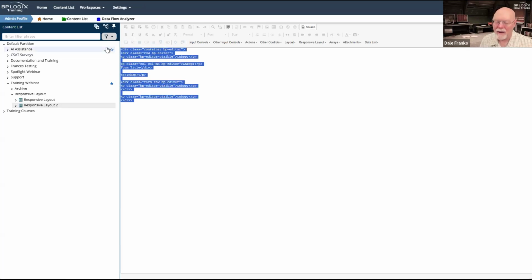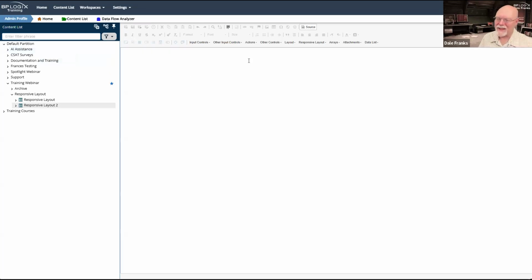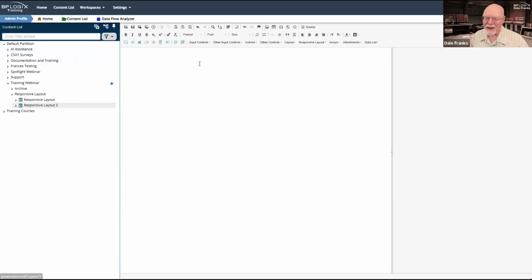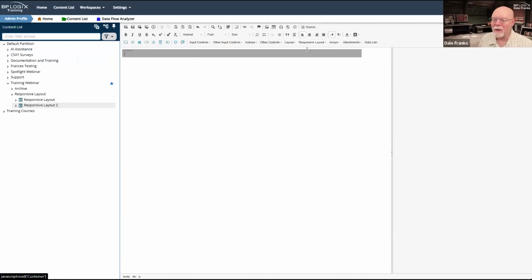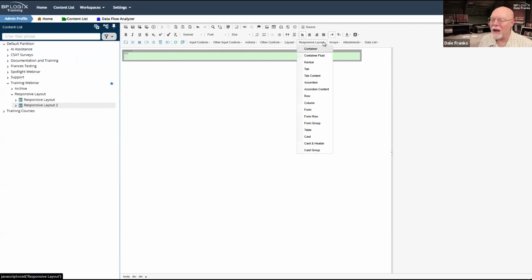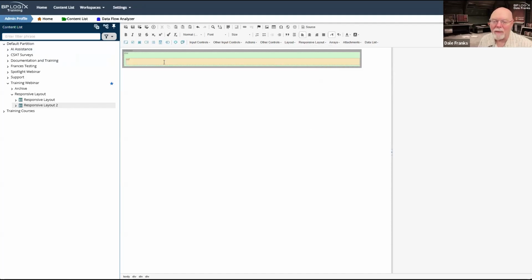You know what? Let's go back and let's restart. This is why these controls are a little tedious to use. So we're going to start again. We're going to go with container. Check my cursor's in the right place. We're going to add a row. Okay, now my row's in the right place. Now we're going to add a column. And now I'm in my column. And I think I know what blew it up.